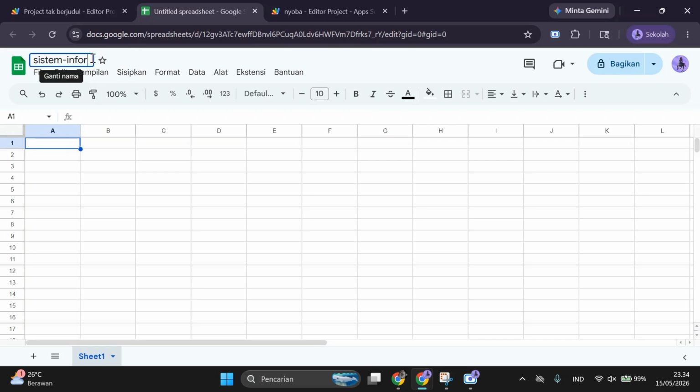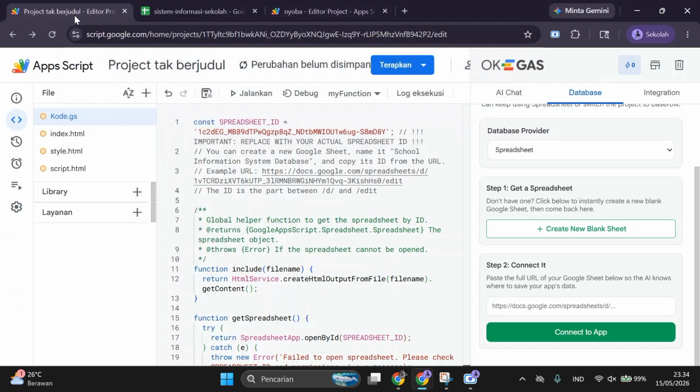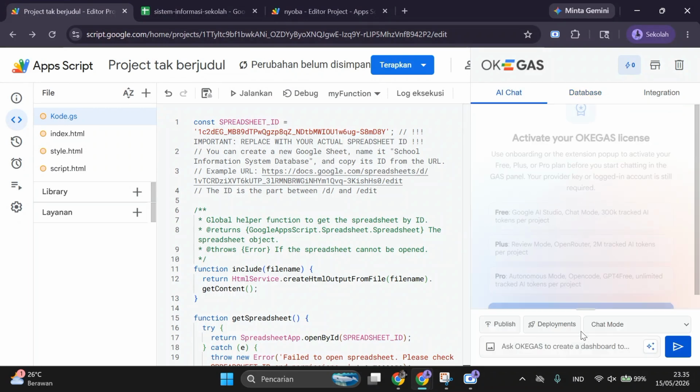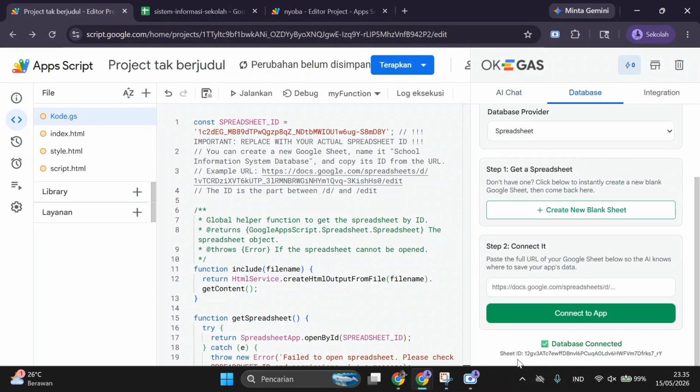And then copy the spreadsheet link, then connect it to the app. After that, copy the spreadsheet ID and paste it here. I can explain every function one by one, but I added an extra function called connect to the spreadsheet.